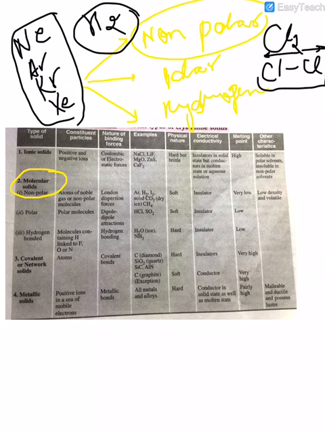These are bound together with the London forces, and London forces are one of the types of van der Waals forces. So the main nature of binding force of these solids is London forces. Examples already discussed: argon, hydrogen, iodine, chlorine, CO2. This is the structure of CO2. In CO2 there is no polarity, no dipole moment, hence it is also a non-polar molecule, right?